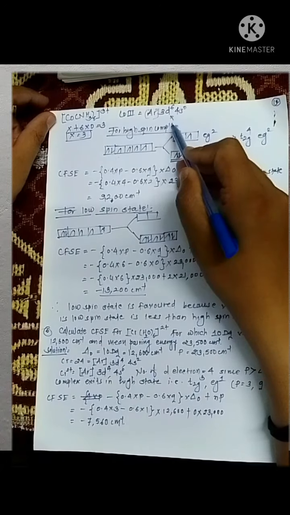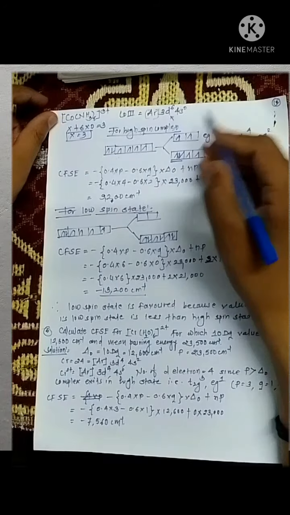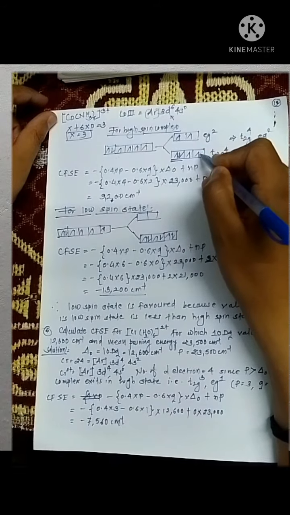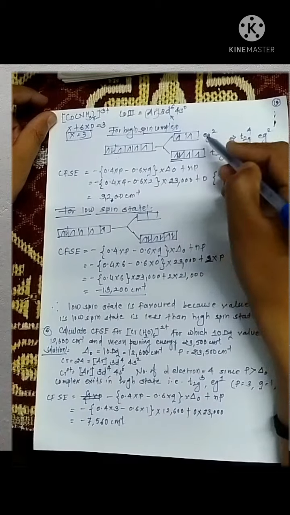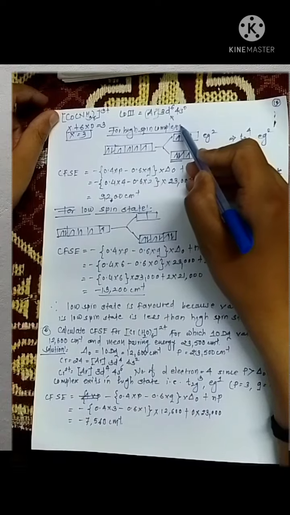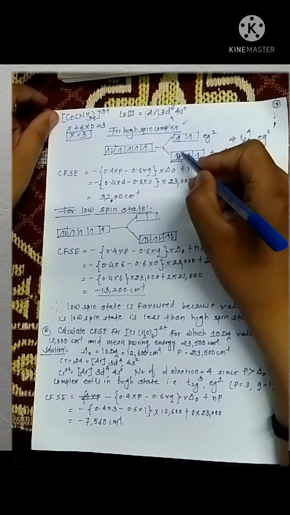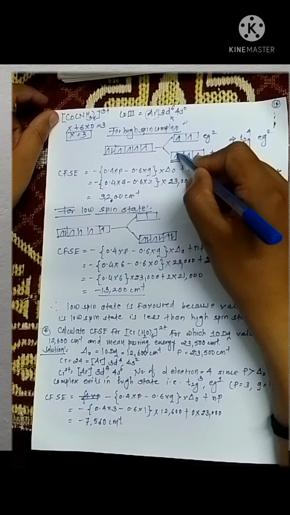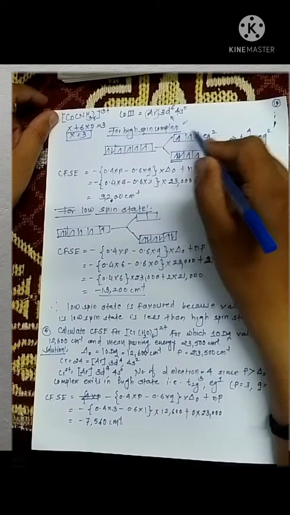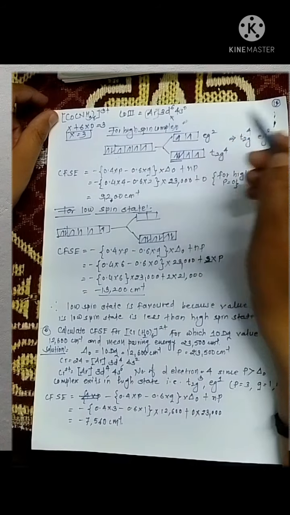What is a high spin complex? Such a complex which has the maximum number of unpaired electrons. If we are going to pair all these 2 electrons here, then it is the electronic configuration of your low spin complex. So we have to draw the diagram for your high spin complex. So students should make note. First fill first electron here, second here, third here, fourth goes to eg set, fifth goes to eg set, and then the 6th comes and pairs here.